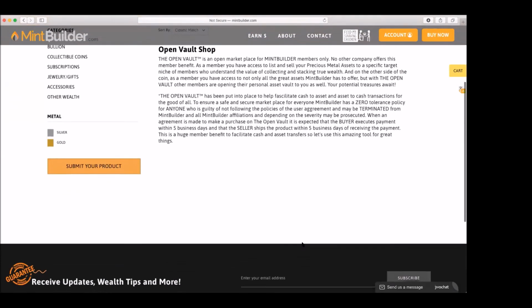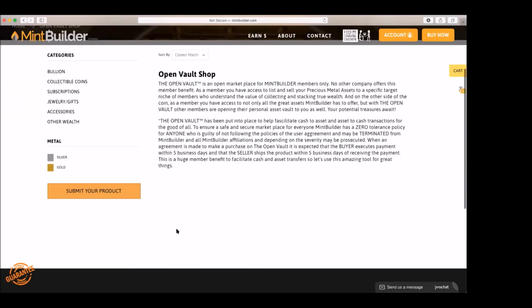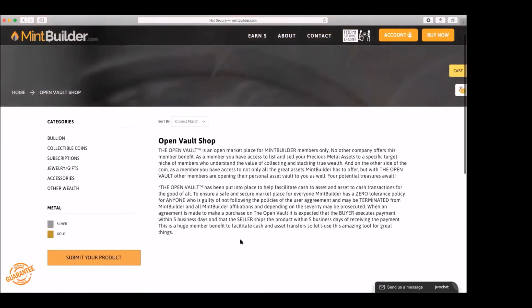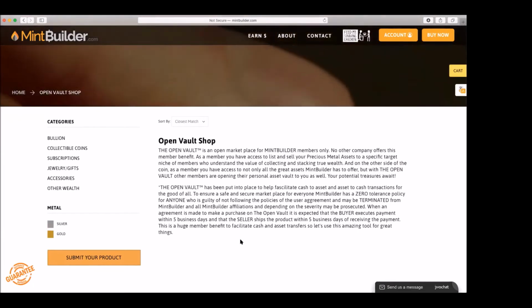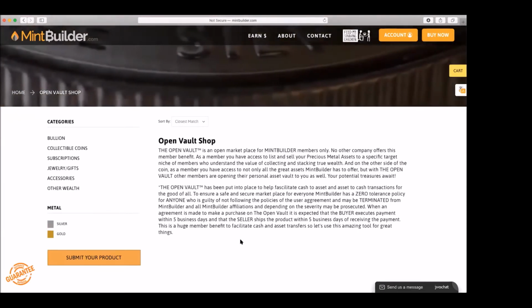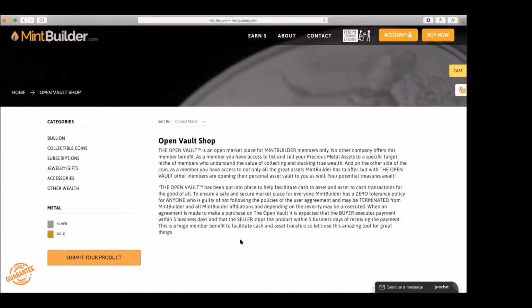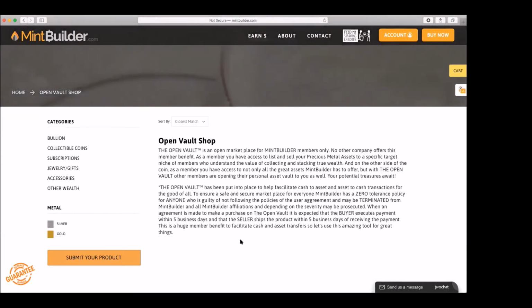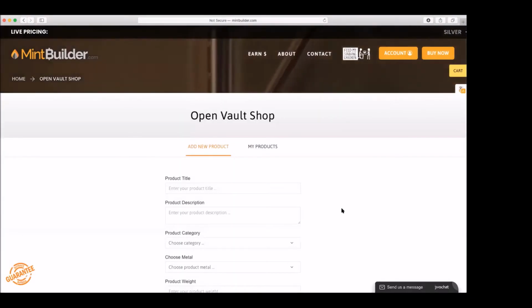So underneath here is going to be all the items, because look, this is how it works. Let's say that you have a particular coin. Before it goes live, admin here, we have to accept it first, because we need to make sure the product is appropriate. So you go on here, you submit your product. Let's say you have something,